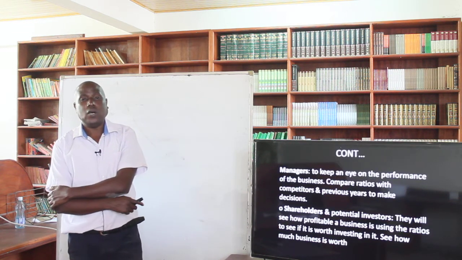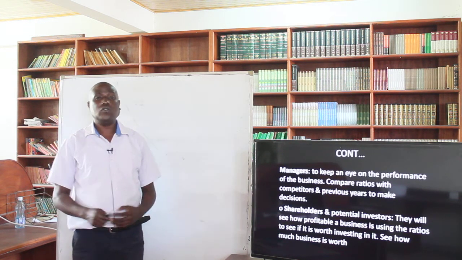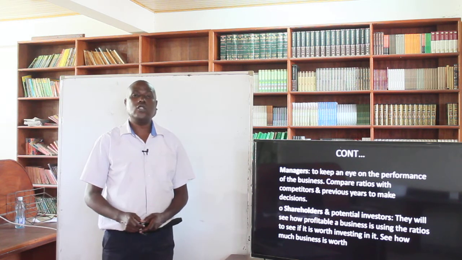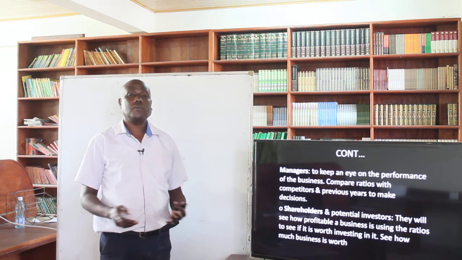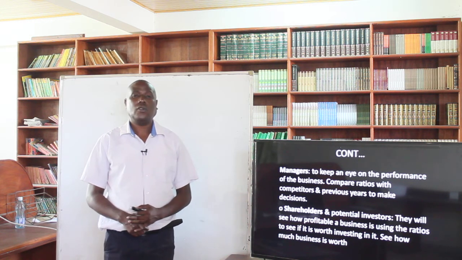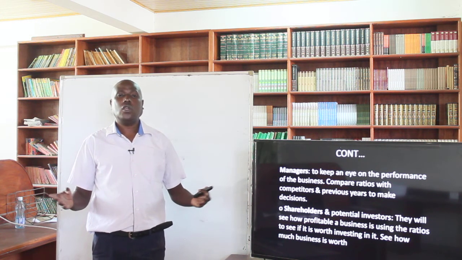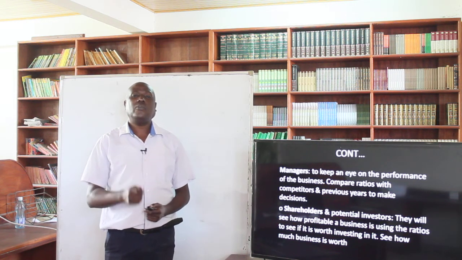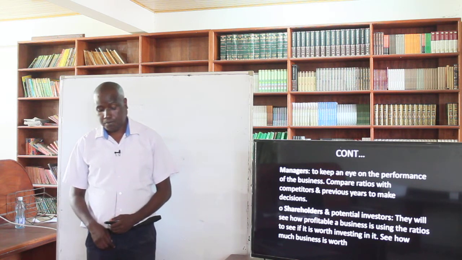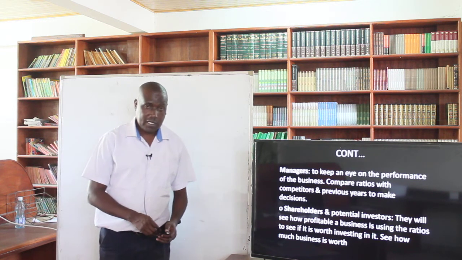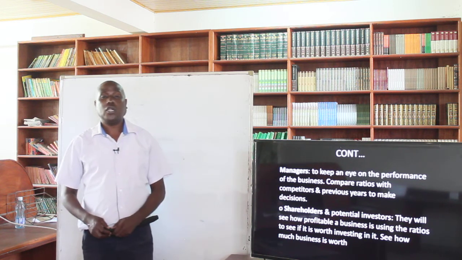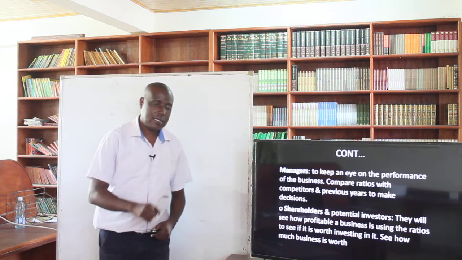Alright? Now, the managers. This is one of the stakeholders. Why does the manager want to look at the accounts? They want to keep an eye on the performance of the business. Right? Compare these ratios with the competitors and the previous years to make decisions. So when you hear that the Chief Executive Officer of Kenya Commercial Bank, or KCB, is paid 21 million shillings in